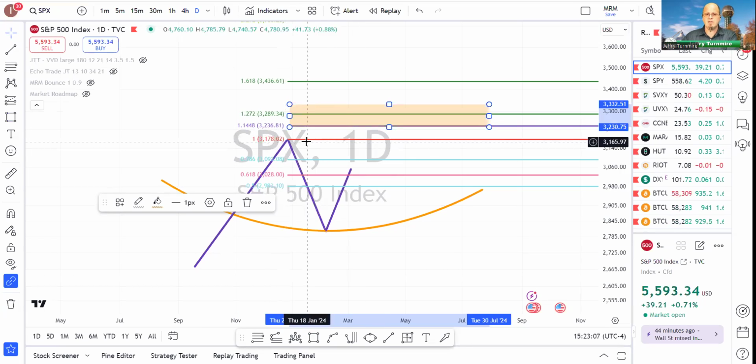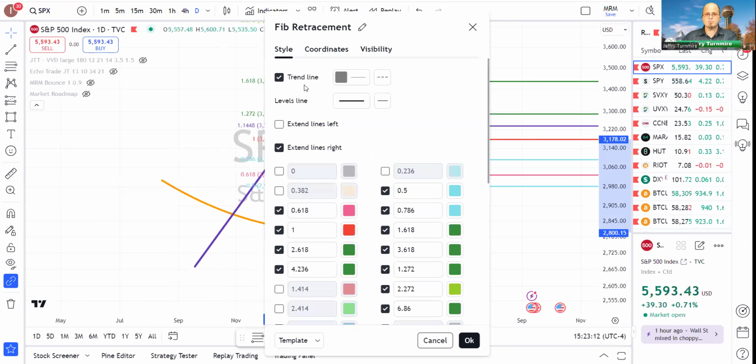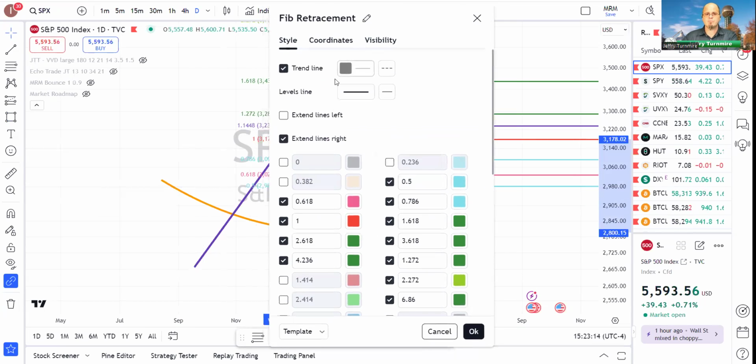And you may be like, well, I really want to see the settings for this. That's cool. It's right here. Here's the Fibonacci retracement settings right here. You can take a screenshot. Here's the numbers I really like to use. I like to use the 50%, the 618, the 786, the 100. That's 100%. The 161.8,